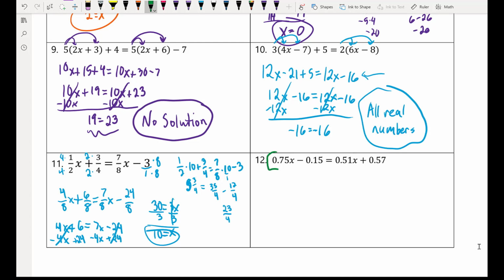So I am going to multiply just everything by 100, and it just moves the decimal to the right 2 places for everything. It just makes it seem nicer to not have decimals to deal with. So then we're going to subtract 51x and add 15. So that's 24x, and 57 plus 15 is 72. I almost put the 2 first, that's why that 7 looked weird. 72 divided by 24,